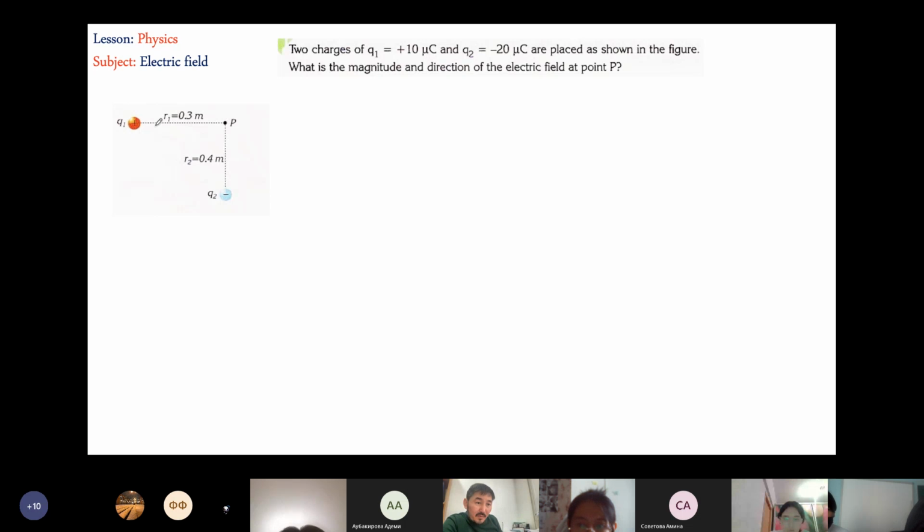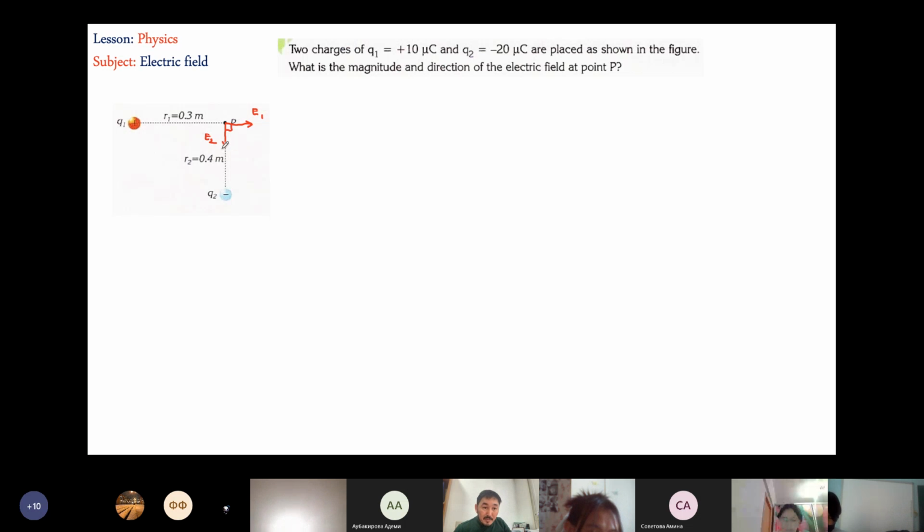Of course, the electric field made by the first charge, the electric field produced by the first charge, will be outgoing, outward from here. Why? Because fields go outward from positive charges. So I write this direction as E1. And what about the E2 that's made by the Q2? Of course, it will be incoming because the electric fields produced by negative charges are incoming. So that's the E2. Since the two are perpendicular to each other,